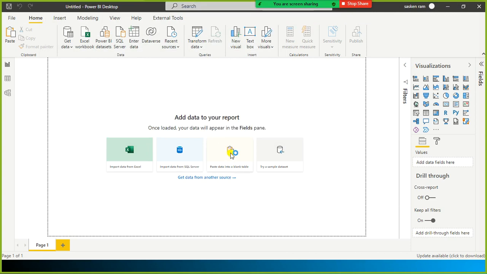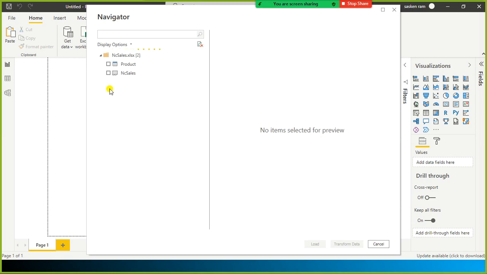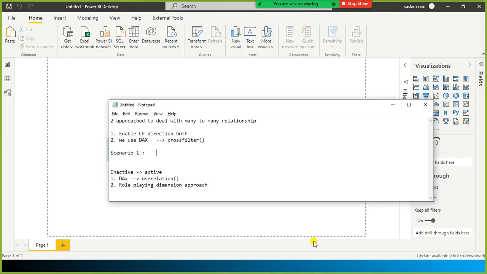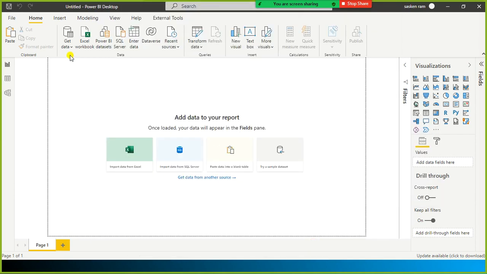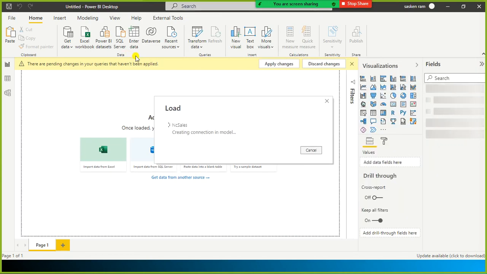This has very little data, hence it will run faster. Anyhow, we need to work on that report also, which is why I opened that one too. So I just simply load the sales data.